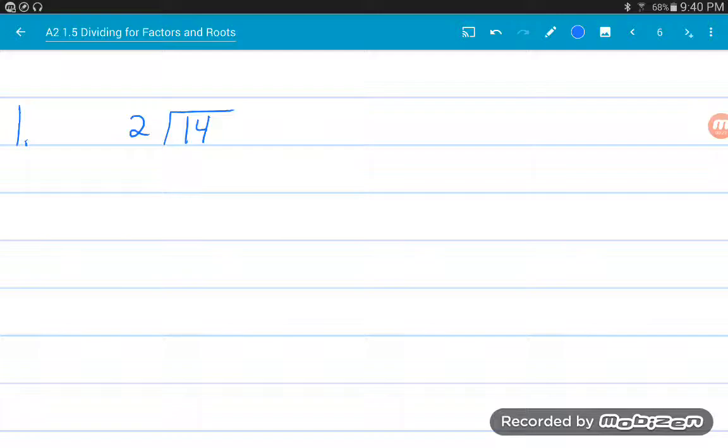Question number 1 asks 14 divided by 2. 2 goes into 14 7 times. 7 times 2 is 14. If you subtract, you get 0. Now remember that a 0 remainder